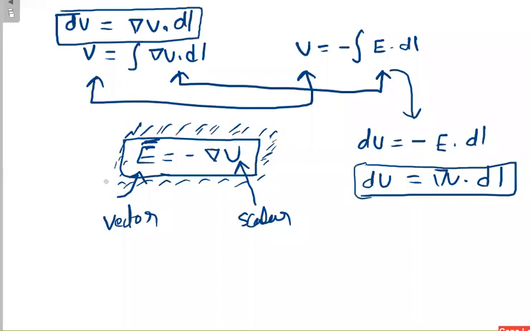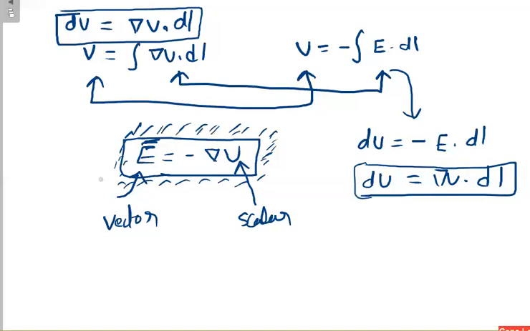Again, you know what is del? Del means differential operator. It is a spatial operator. It generally operates in three domains, three axes: x axis, y axis, and z axis. And your potential variation may be in any one of the axes. So what is the idea?